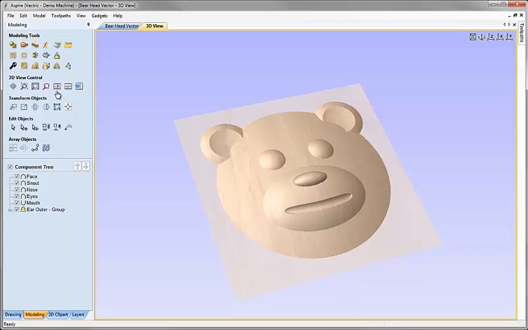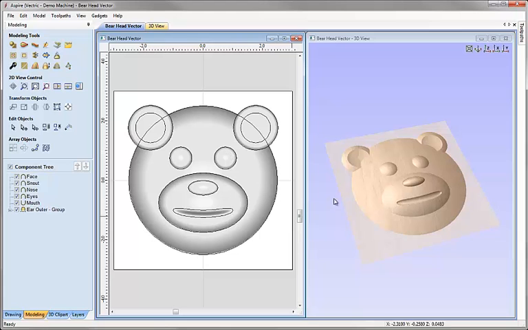I'm going to come up here under 2D View Control and click on the Tile Windows icon. So once again we can see the 2D and the 3D view. And in order to machine this, we need to have a single vector that surrounds the area we want to cut that we can use as a boundary vector to contain the toolpath that we're going to calculate. If we wanted, we could click all our components and fit a vector around the outside of them to make a boundary using this icon here. But in this case we actually have three vectors that, if welded together, would represent our perfect boundary in order to create our toolpaths. So I'm going to take a copy of those so we can edit them,